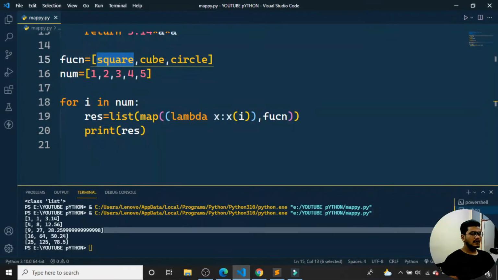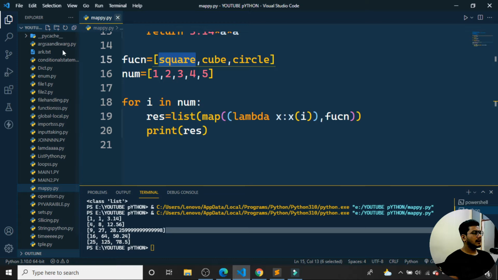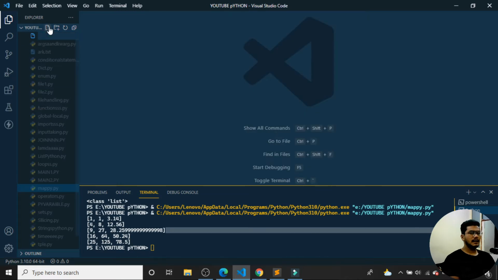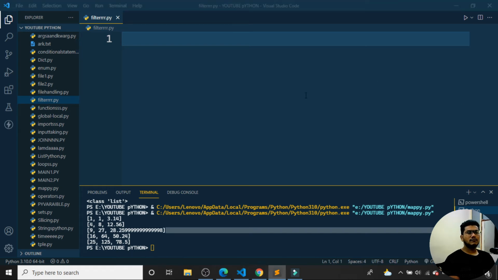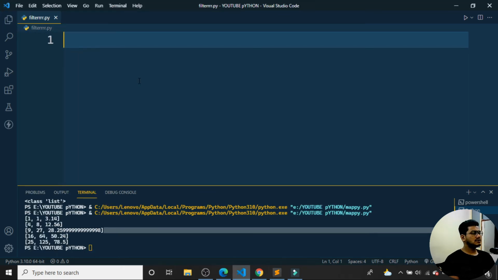I'll open my VS Code over here. Now we'll create one more Python file. I'll name it filter.py. Once I click on the filter.py file, we'll try to understand with an example.